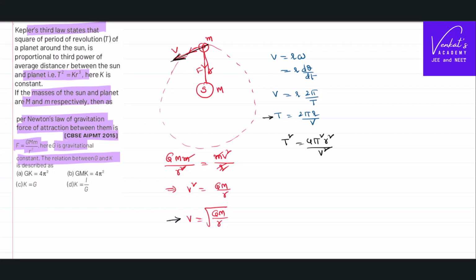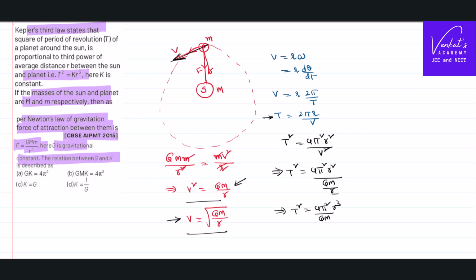But we have already derived an equation for that. Let us substitute this value of v square in this equation. Implies T square is 4 pi square r square by, in the place of v square, I can write GM by r. It implies T square equal to 4 pi square; this r goes to the numerator and it becomes r cube by GM,